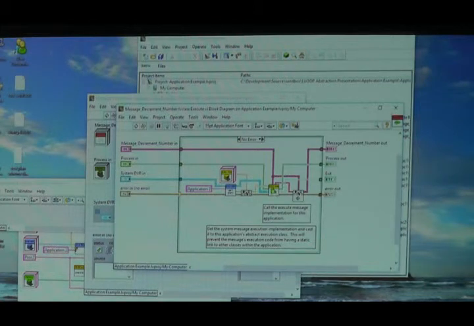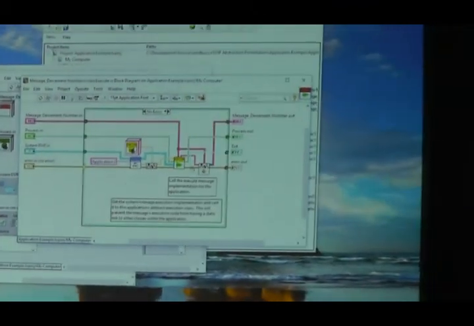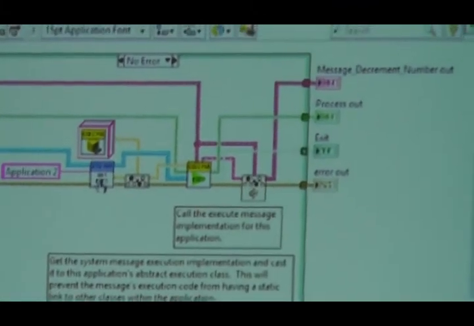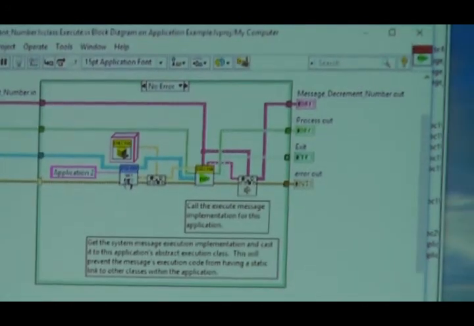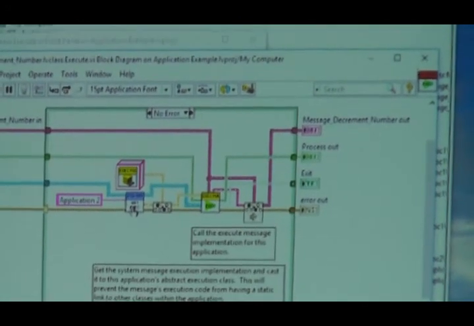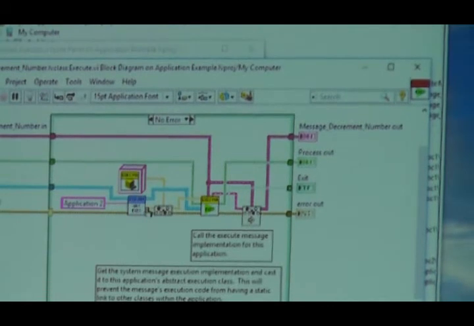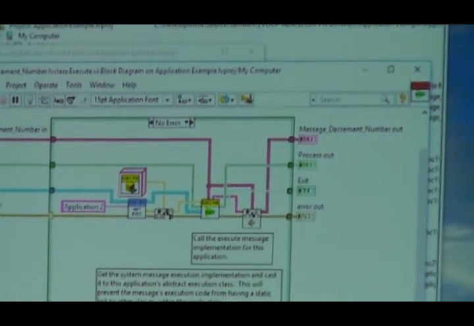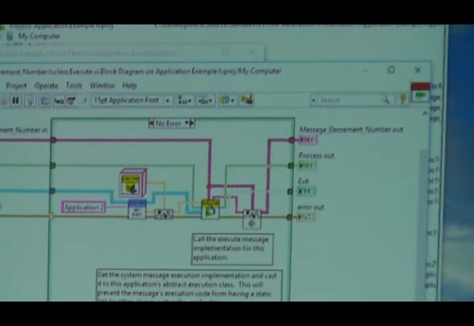And I want you to read that value out, and I want you to call this abstract method, my do. This is the actual call to what was the do method. All this would have been your do VI in Actor Framework. Now it's accessing a global variable, for lack of a better term, and then reading out the value that you loaded at runtime, casting it as the abstract class, and calling the abstract do method inside of that execution class.